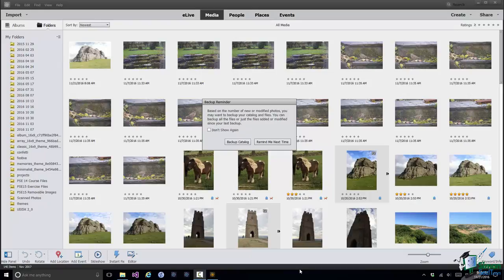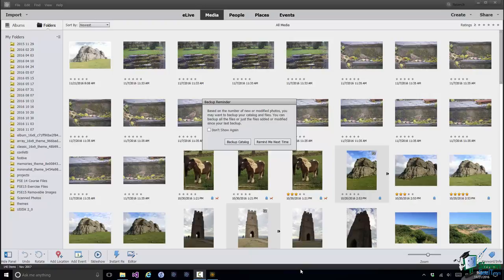This is possibly the most important section on the whole course, and it's particularly important if you use the organizer even in quite a limited way, because we're going to talk about backup and restore, and particularly if you're going to capture and catalogue a large number of images, it's absolutely essential that you get in place an effective backup